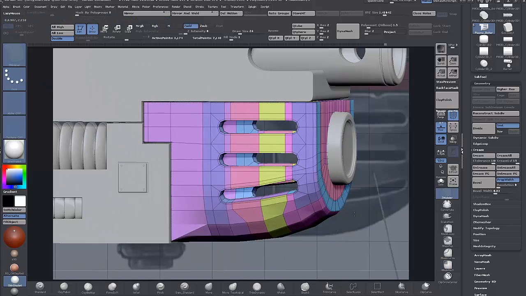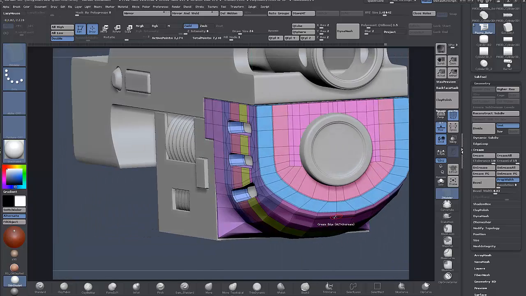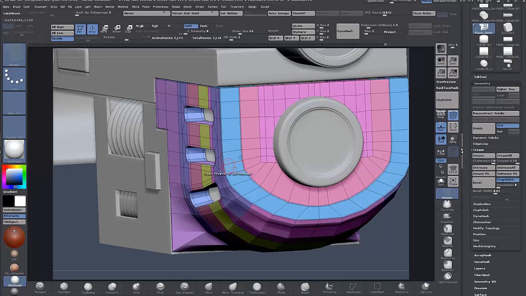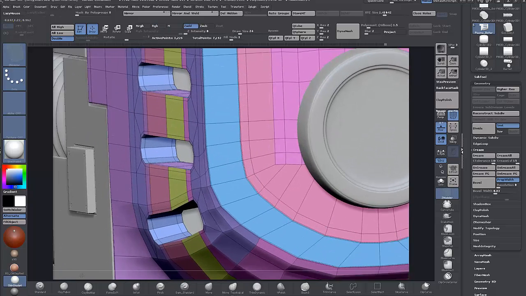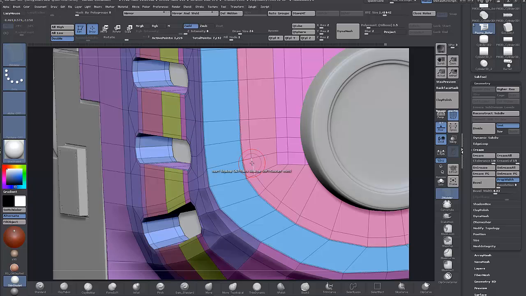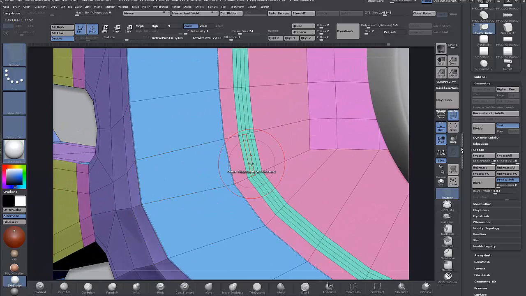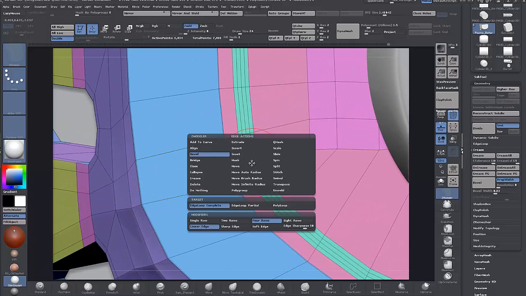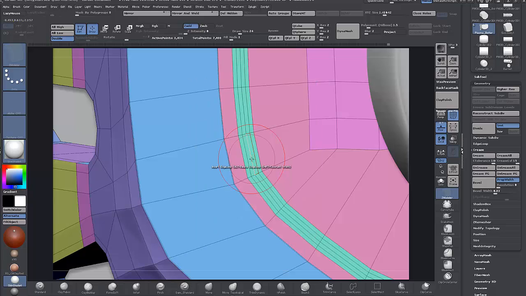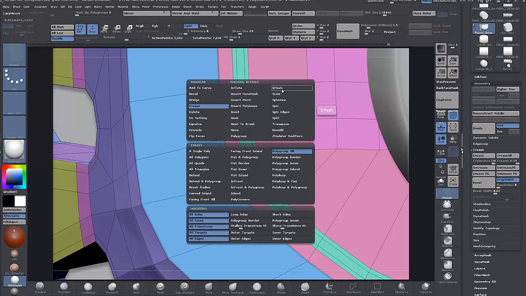Back to Q mesh, and I think I might just add in maybe insert a loop here, and then we can use our bevel tool here. Just give it a bit of detail, some sort of seam or something on it, and go to insert, and we'll delete that one. Q mesh,